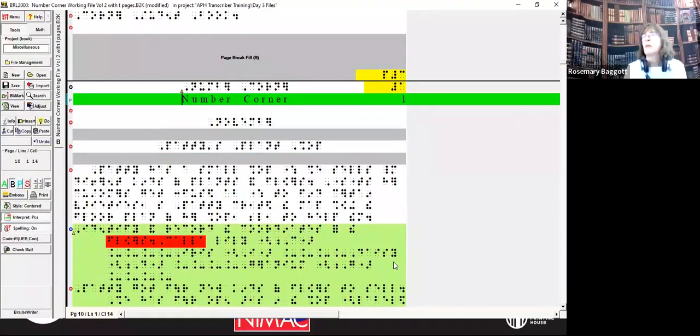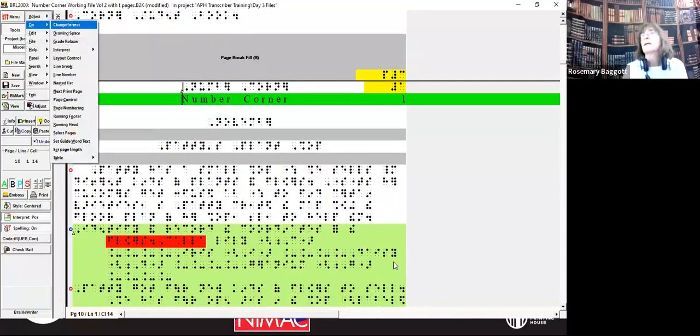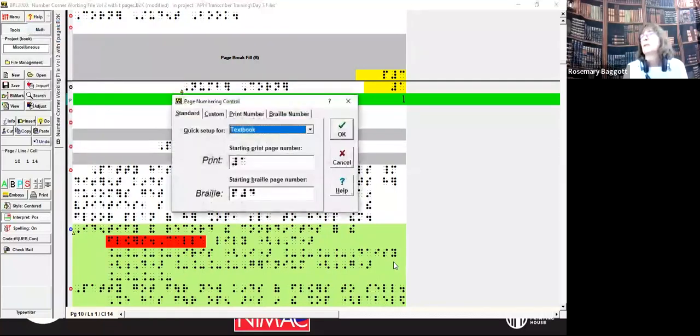So I've deleted that, and right away I'm going to go back in and make sure that this is print page 23. So I do Alt D, P, for the page number, and now notice here, Braille 2000 is calling this P4. That's not what I want it to be. It's actually Braille page 1 in this volume, and then the print page is going to be 23. A lot of stuff on pagination here.